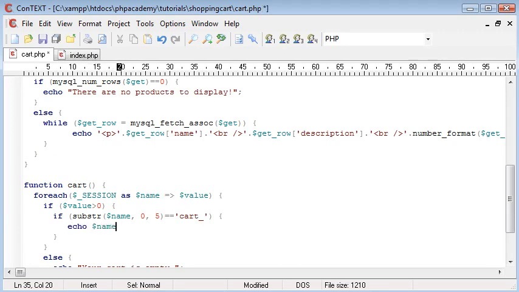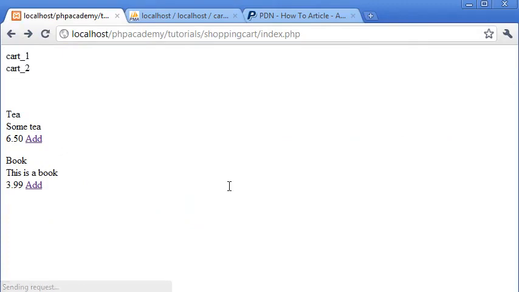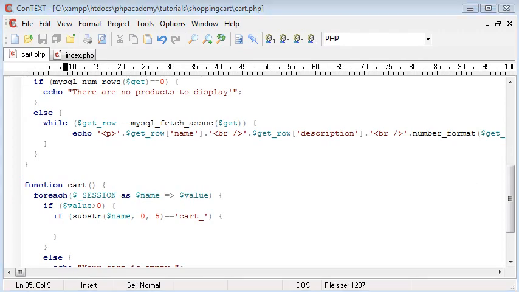So now I'm going to echo out name and a break just to test that this if statement here has worked and that we're still including our cart data. If I refresh that, we've got cart 1 and cart 2, so that's absolutely fine. This is working. Now what we need to do is create a variable which holds the